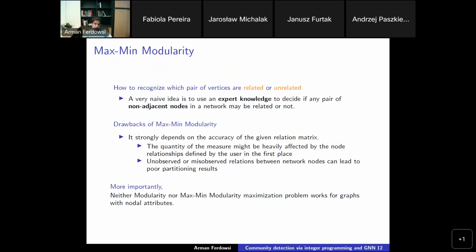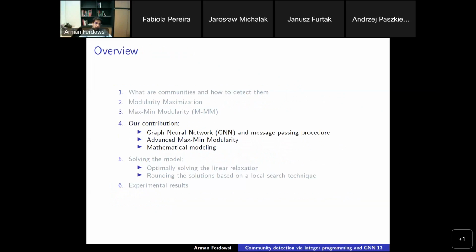The downside, however, is that this consideration is not accurate at all, since the relation matrix strongly relies on the oracle's knowledge or feeling. From another perspective, and even more importantly, both modularity and maximum modularity, like many other community discovery methods, only utilize topological information of nodes, naively overlooking a rich set of nodal attributes abundant in all real-life networks. So, it all motivated me to think of providing a more systematic way to define the maximum modularity